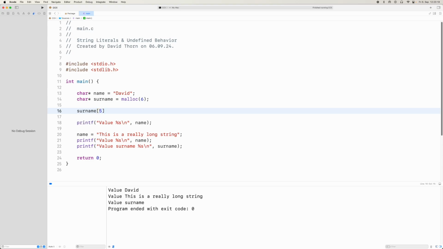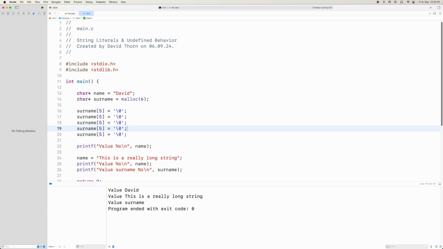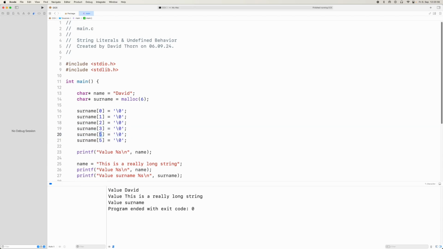So we'll say surname with the index of 5, which is obviously the 6th position, and we'll just copy and paste this for 4, 3, 2, 1. So we now come to 0, 1, 2, 3, and we need it one more time to go to 4. And here we obviously put the surname Thorn,